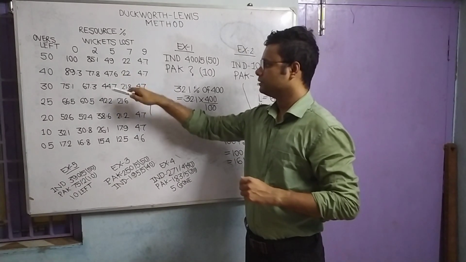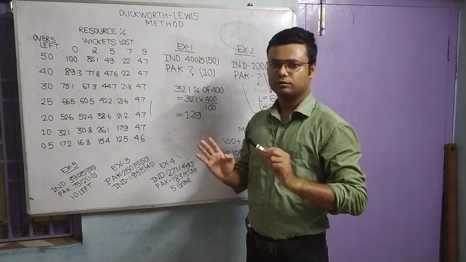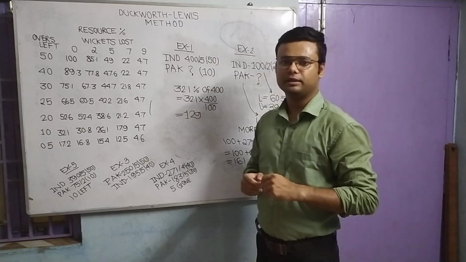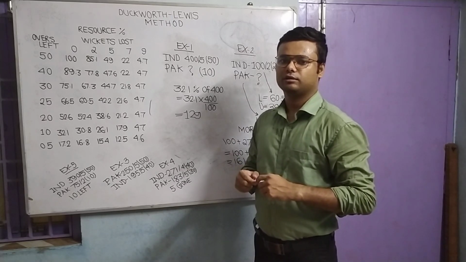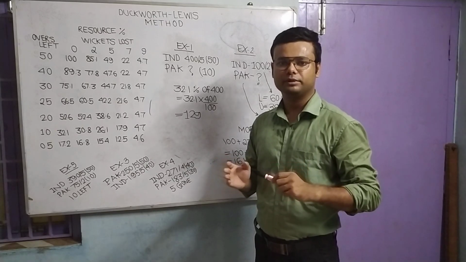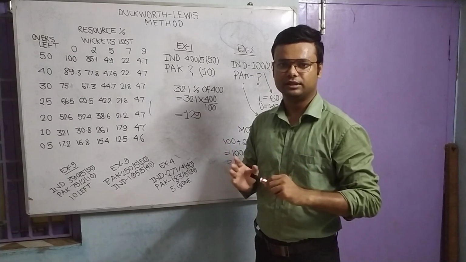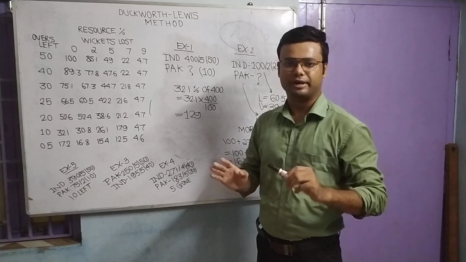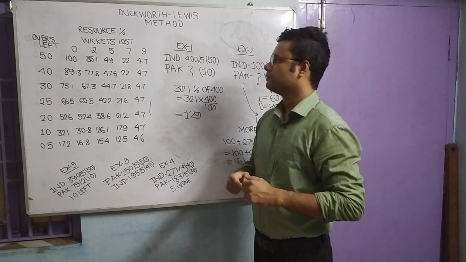This chart is a gist of the main chart which is available on Google. You might not be able to see the chart properly due to insufficient light and small font. Well, in that case, try to listen to me carefully. You will be able to understand how this method is used, because I will be explaining it using some handy examples. So let's come to the chart now.